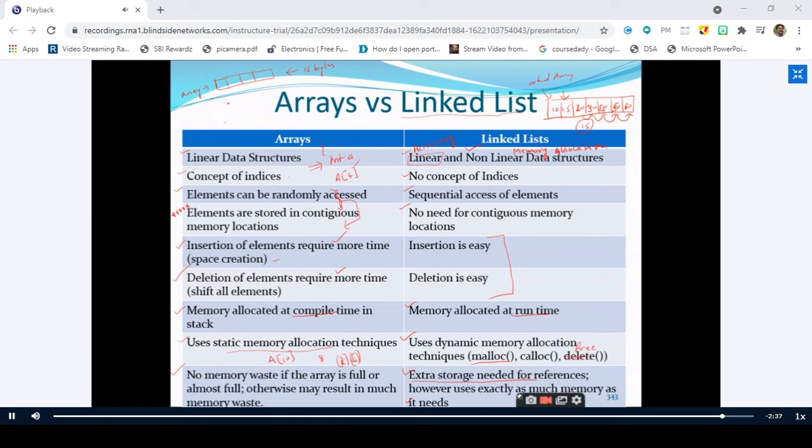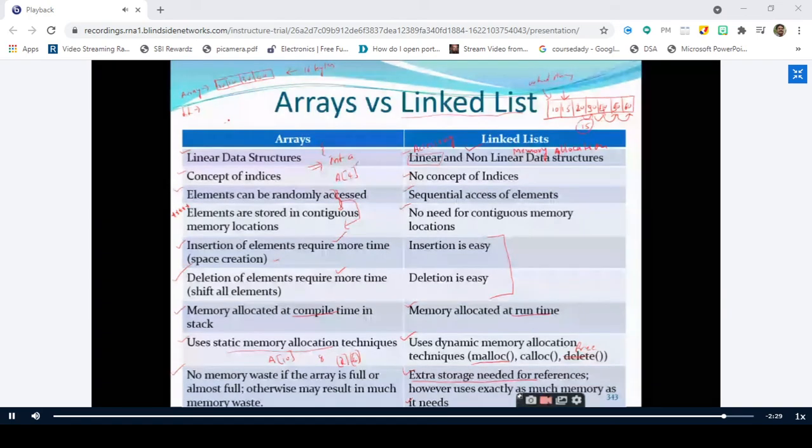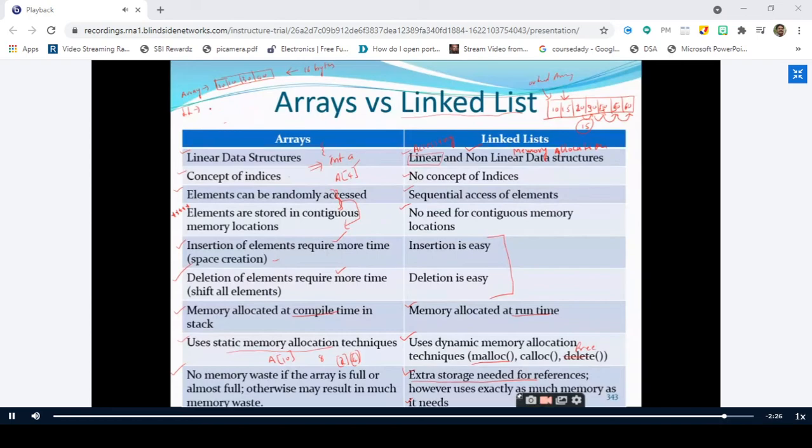Now let us take the linked list concept. I want to store 4 elements: 10, 20, 30 and 40. Now tell me how many nodes are required? 4 nodes, sir. Right. To store one element, I require 1 node. So this is the first node, the second node, the third node, and the fourth node. I store 10 here, 20 here, 30 here, and 40 here, and I give the links like this. Now tell me, what is the memory totally required for each and every node?